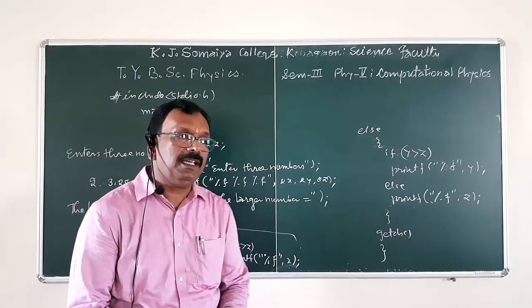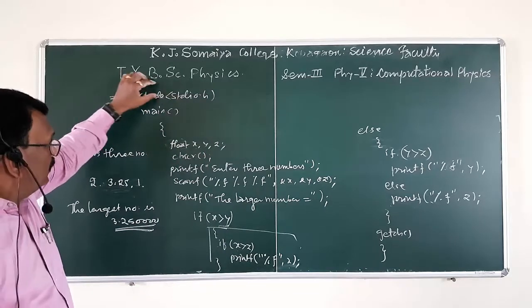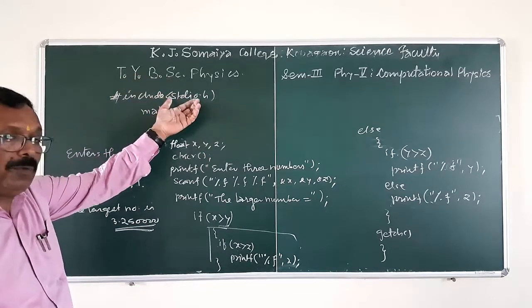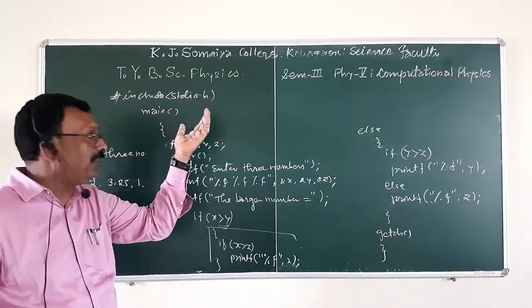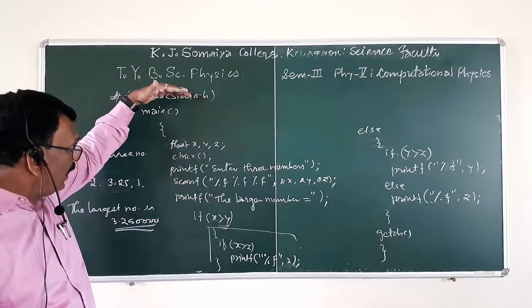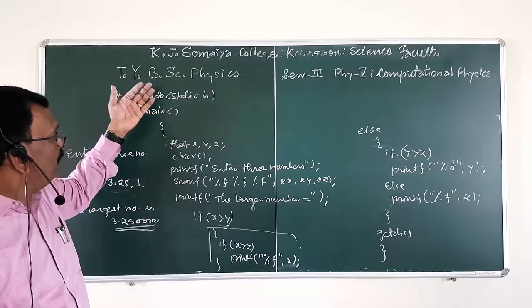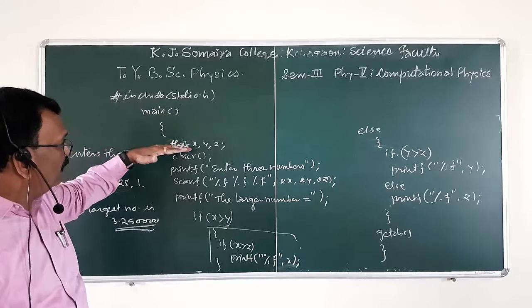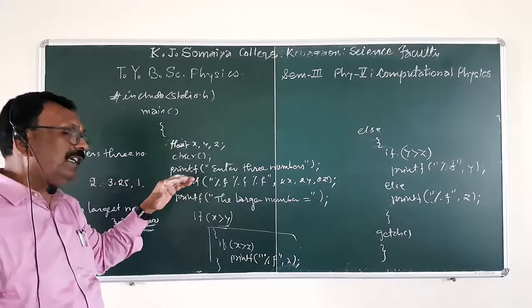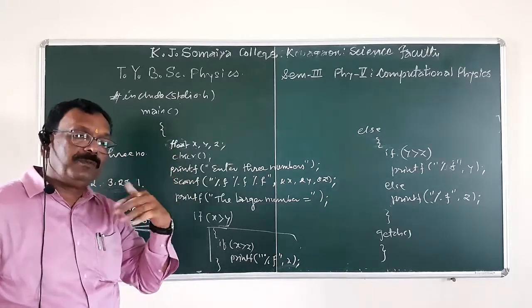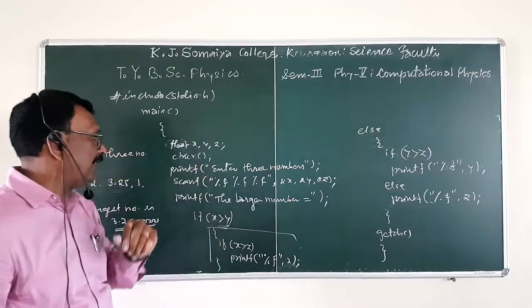How does this output come? Let us see how the program is executed. This statement brings in the standard input output file, which is a header file placed in the library. The compiler brings this file into the current path. Then the compiler tells the computer that the actual program begins from here. Then three variables, that is floating variables, are declared by this statement. This is the clear screen statement. It is used so that after every execution of the program, the screen of the computer is clean. For that purpose this statement is used.